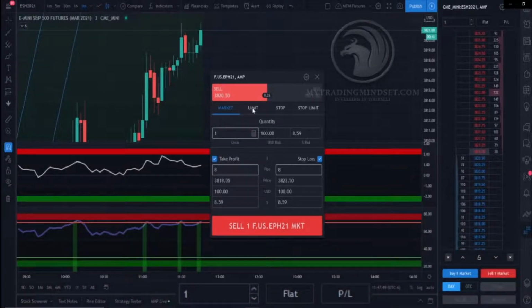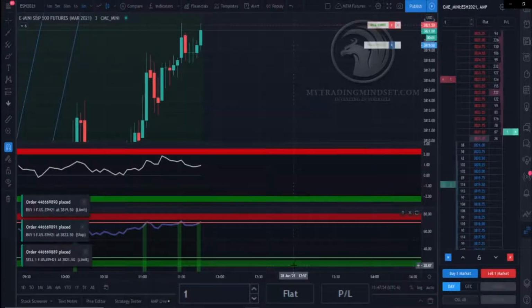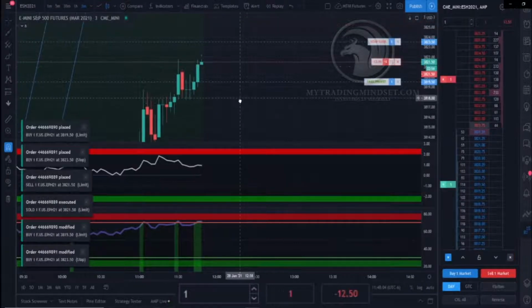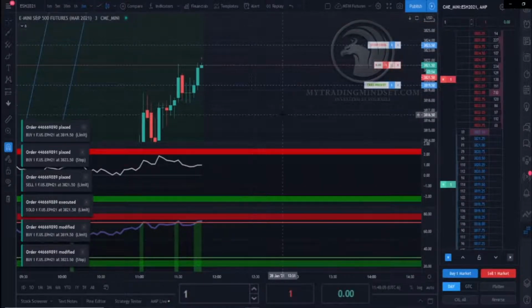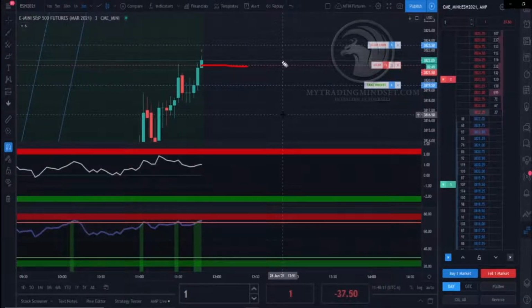As you can see, I'm trying to set my limit order here with my bracket order. So I just placed it. Now it just got filled right there. So here's my fill line, and I am taking a sell